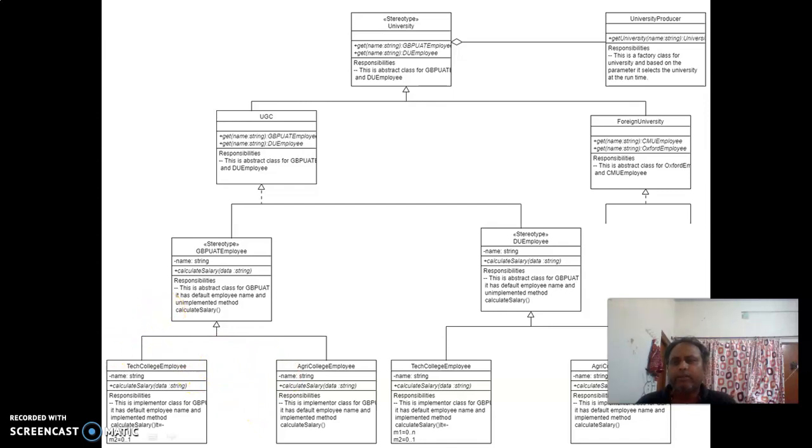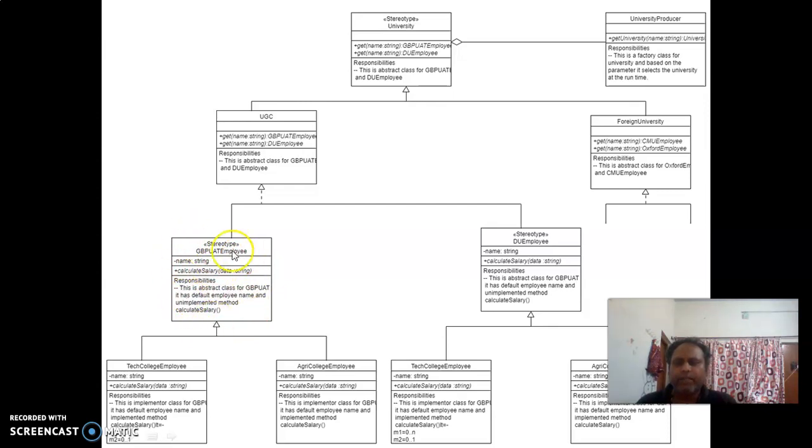So here, just focus on this part. What I'm trying to do is, this is an abstract class GBPAT employee.